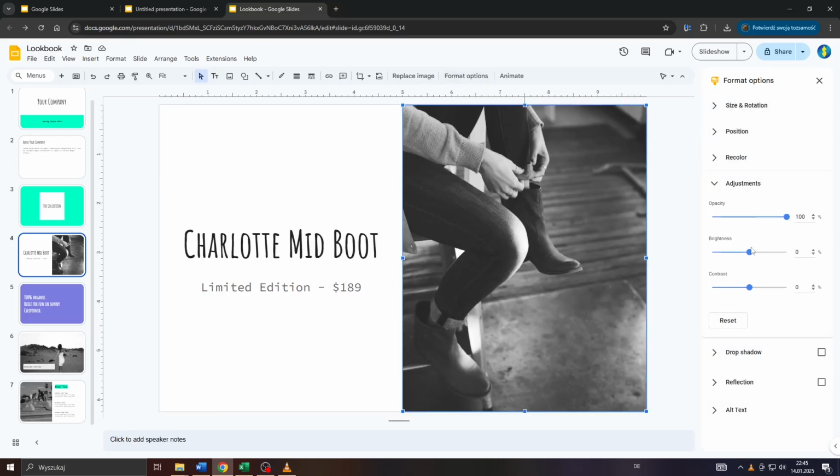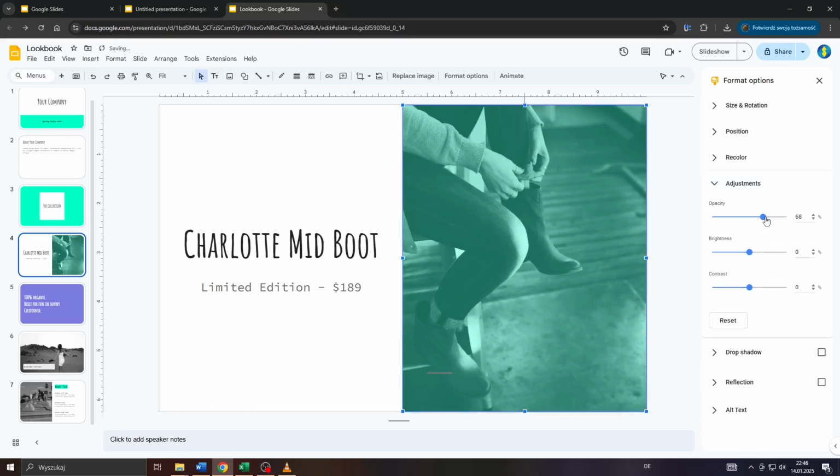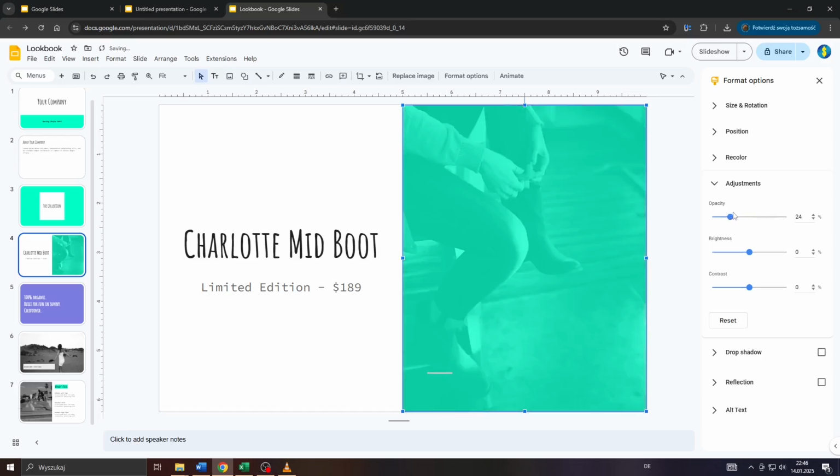That is going to open up that list of features and options here to the right. So what you want to do, guys, is expand the adjustment sections here by clicking on that arrow button. And below you'll see that slider here, opacity, which is currently on 100%, but you can move that slider to the left and that way change the transparency of the given image